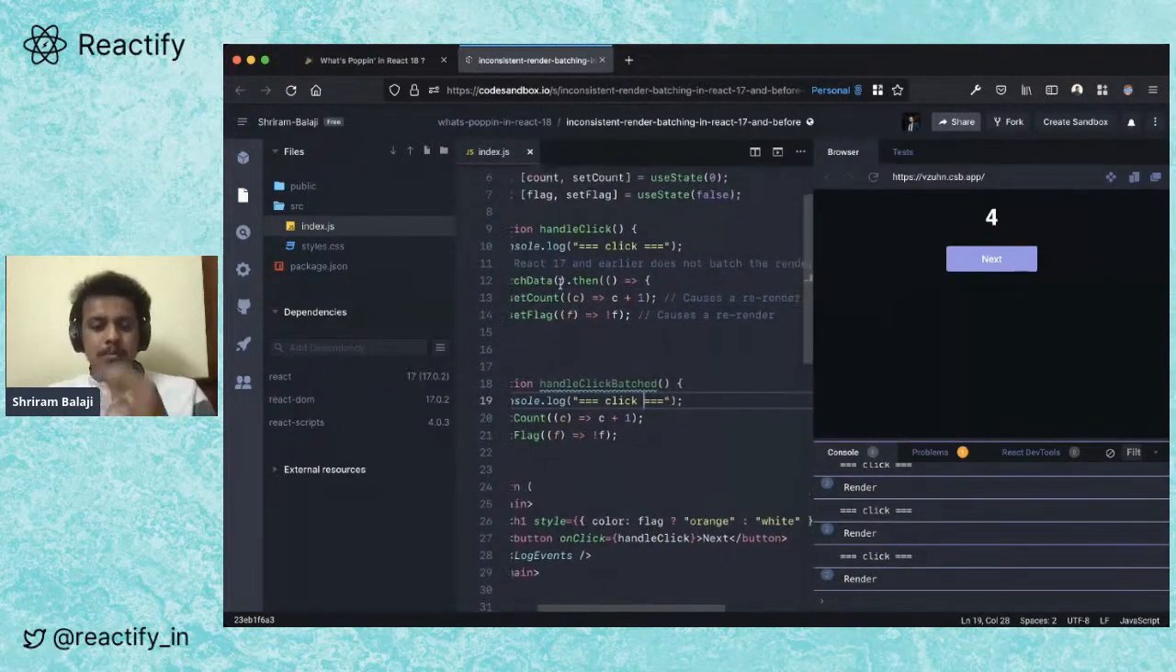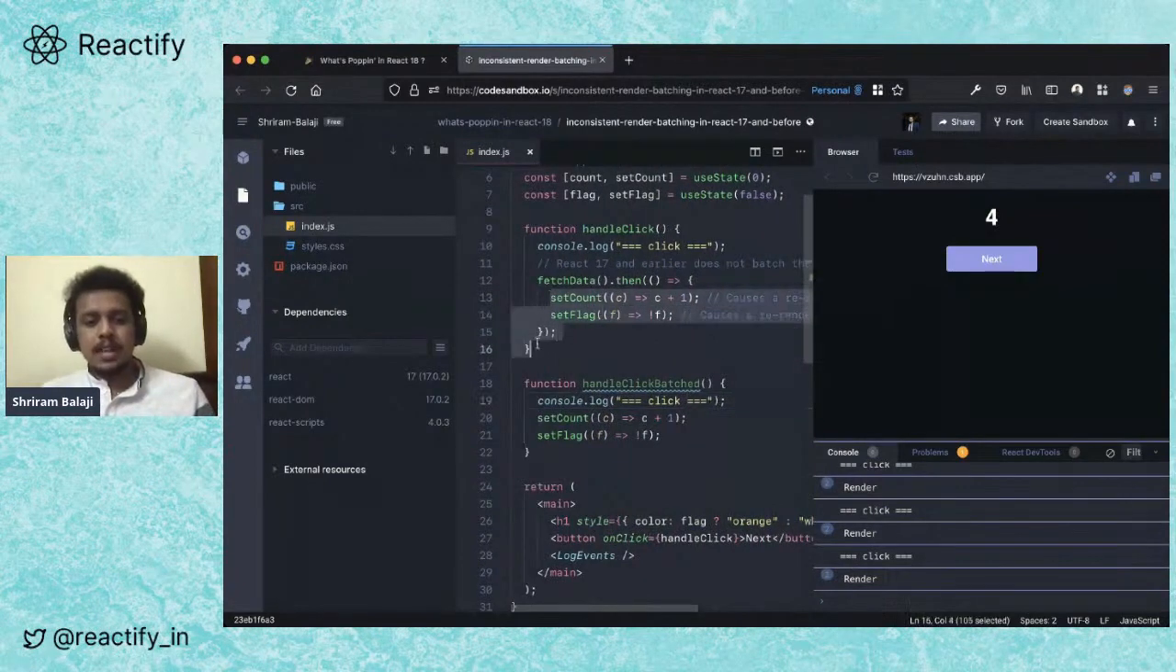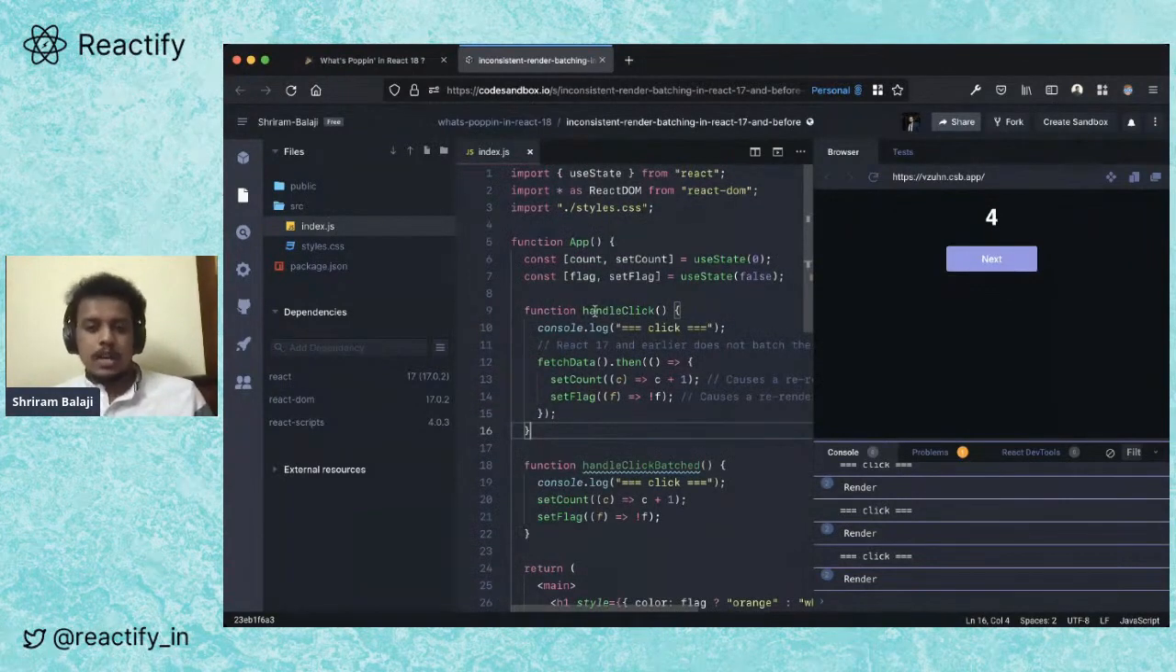That's what I was mentioning: re-renders inside of a promise dot then callback or a setTimeout will not be batched in React 17 and before, but will be batched in React 18. That's the behavior that changes. Imagine, this is a very contrived example. People are not writing just counters today, right? So in your production app, if you have a promise,